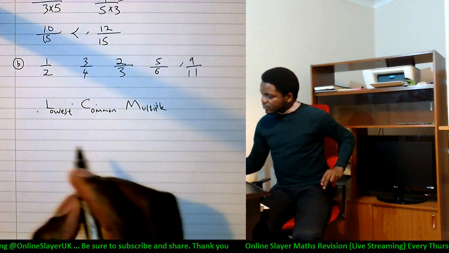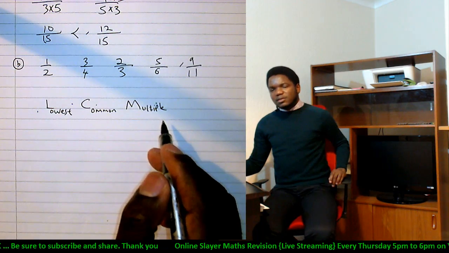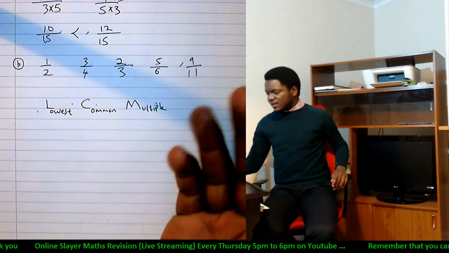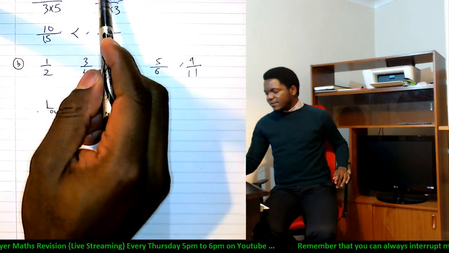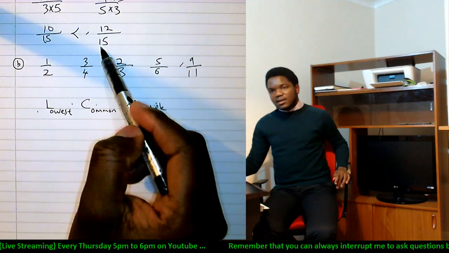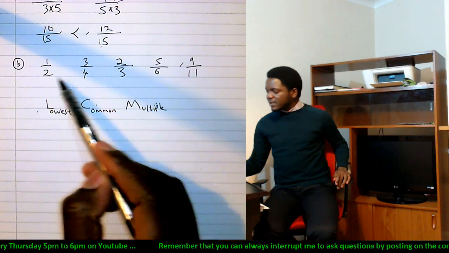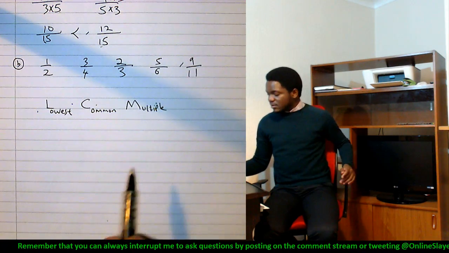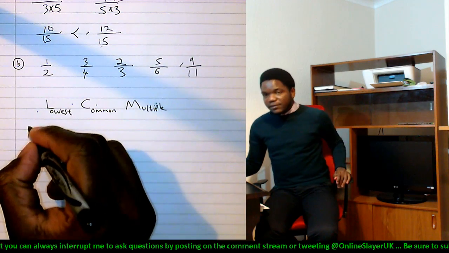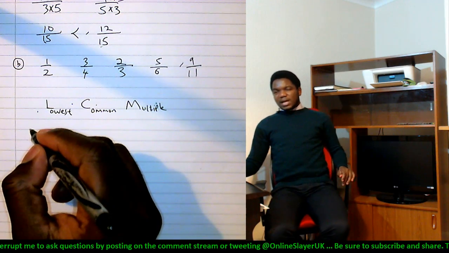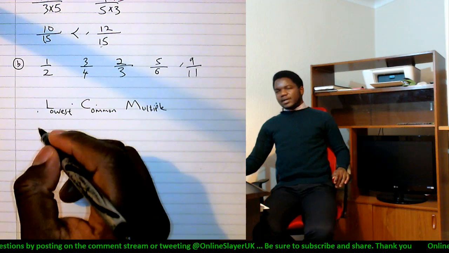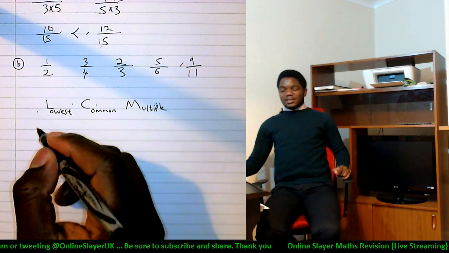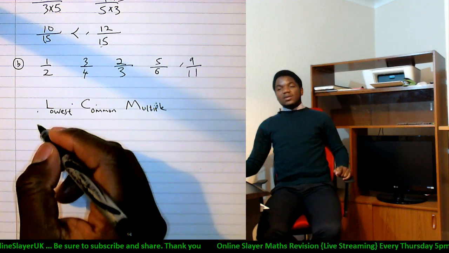So how do we get the lowest common multiple of a set of numbers like that? Like the lowest common multiple of 3 and 5 is 15. So what's going to be the lowest common multiple of 3, 4, 2, 6, and 11? That's the question. Before I talk about the lowest common multiple, I'd like to talk to you about what we call prime numbers and prime factors. I'm not going to go into details because all we need to know is why we need them